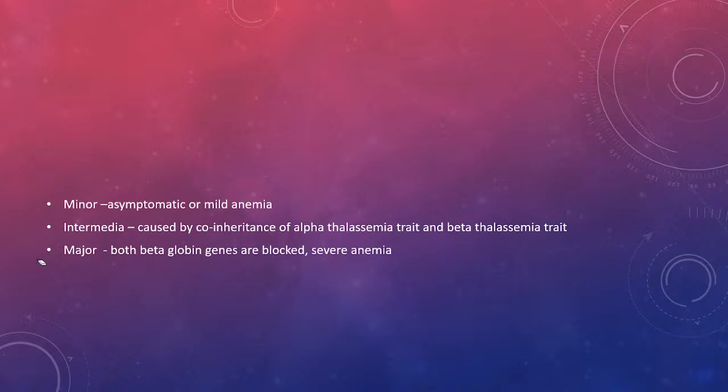Next one is major thalassemia, where both globin chains are blocked. Now, for minor thalassemia, you only have two genes. So we're going to go back again with genes. I'm going to make another drawing. So remember, we only have two genes for beta thalassemia. For alpha thalassemia, the reason why I have four underlines here for the alleles is basically because we have four.